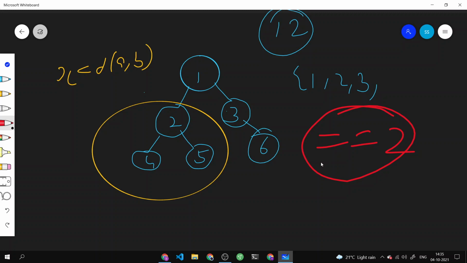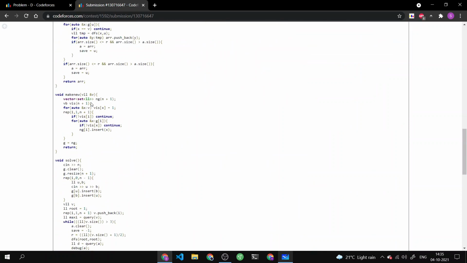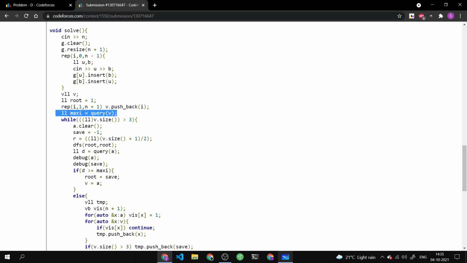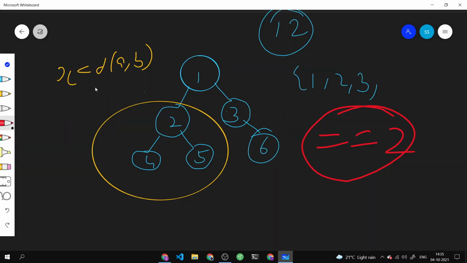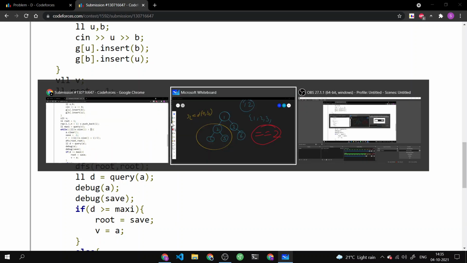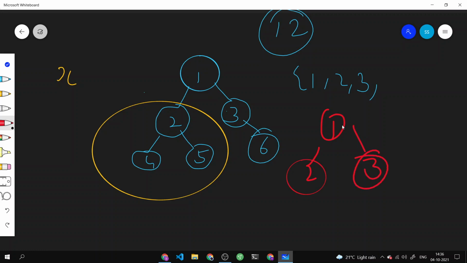Now, to be honest, the implementation of this problem is garbage. If you want to check it out, I will be linking the implementation in the description. But just to go for a brief overview of what I'm doing, I'm first of all making the graph over here. Then this is basically containing that maximum value with which we are comparing it. And then this is just a small case that I forgot to mention. Basically, when your search space is having three elements, say 1, 2, and 3, then it was behaving like it was having some bugs. So I had to handle this case in a different manner.